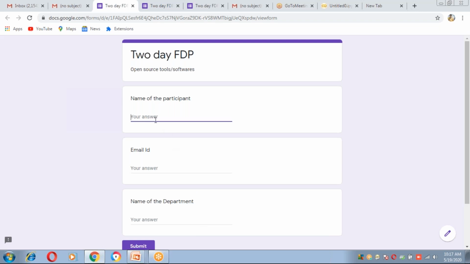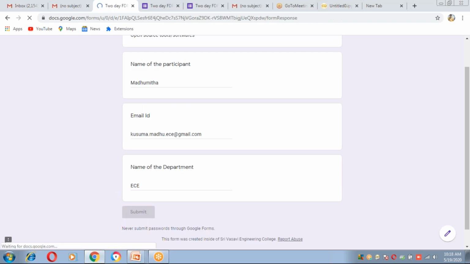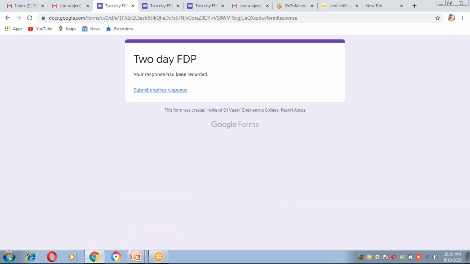For example, this is the name of the participant, email ID, and name of the department, for example, and submit. Okay, submit. Likewise, if all the participants submit, then how can we see the responses?